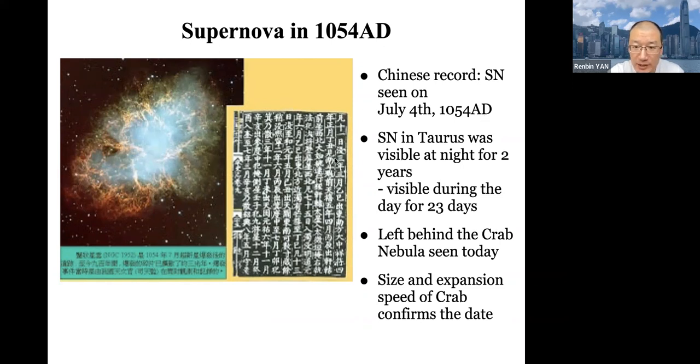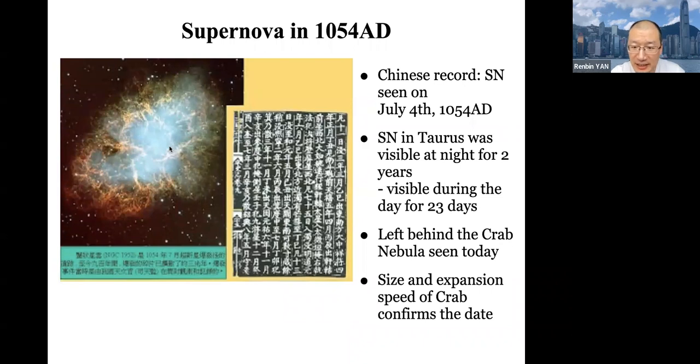And in the books, they write with many words about the supernova. It was visible at night for 2 years. Basically, it was so bright. This supernova happened in our Milky Way, not in another galaxy, so it was much more nearby. It was so bright, it was brighter than Venus.